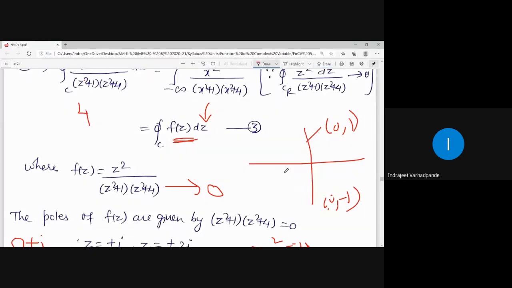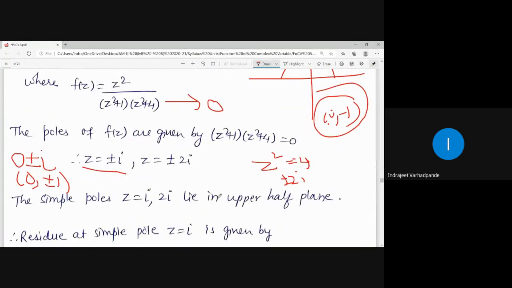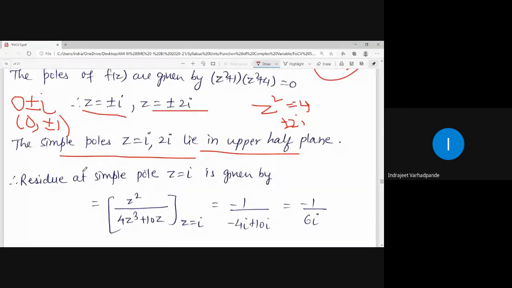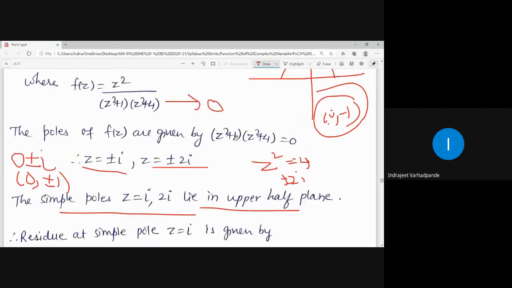We are having only this upper half plane, so I will neglect the negative coordinate. So out of these, z is equal to plus minus i and z is equal to plus minus 2i, the simple poles z is equal to i and z is equal to 2i will only lie in the upper half plane. Therefore, residue at simple pole z is equal to i is given by,